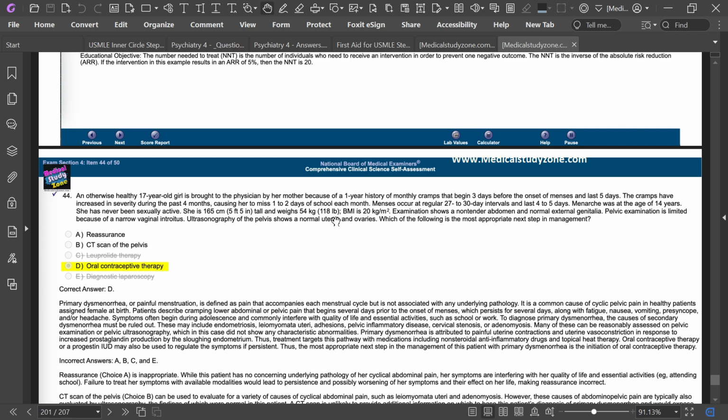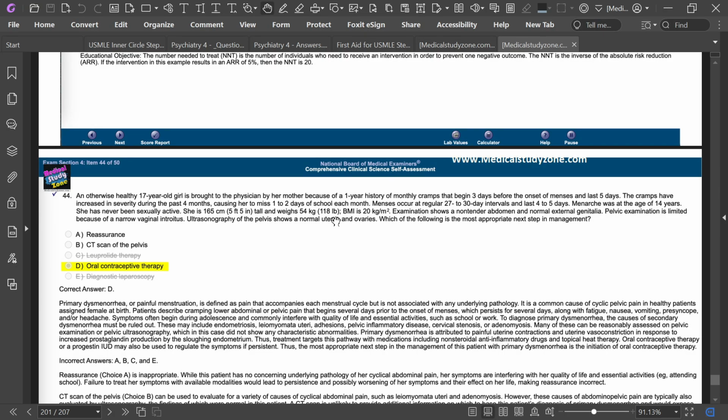These may include endometriosis, leiomyoma uteri, adhesion, PID, cervical stenosis, adenomyosis. Many of these can be reasonably assessed on the pelvic examination and pelvic ultrasonography, which in this case did not show any abnormal characteristics. The primary dysmenorrhea is attributed to painful uterine contraction and uterine vasoconstriction